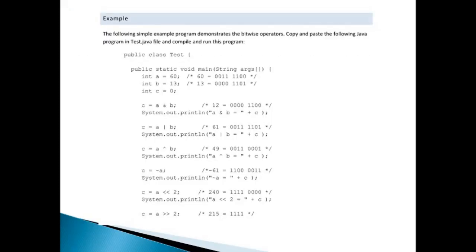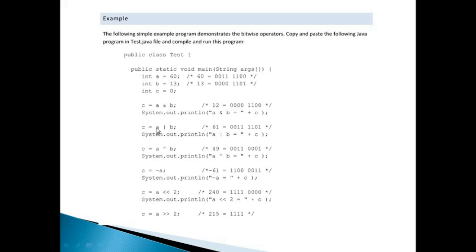This is an example that deals with the bitwise operations performed on variables. Suppose here A is 60. Then this is the binary pattern, and B is equal to 13, then C is equal to 0 is given. Now C is having a binary ANDing between A and B. As we have discussed in this example, this will result into 12.